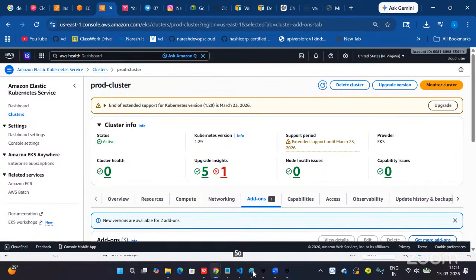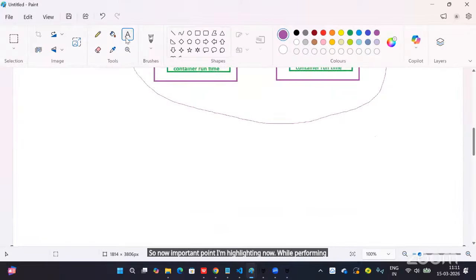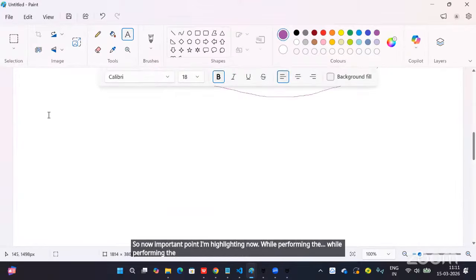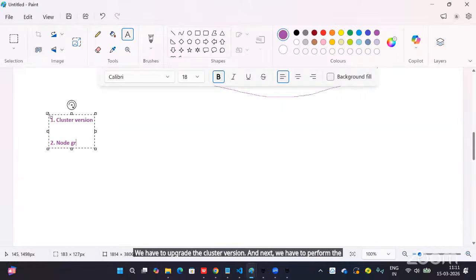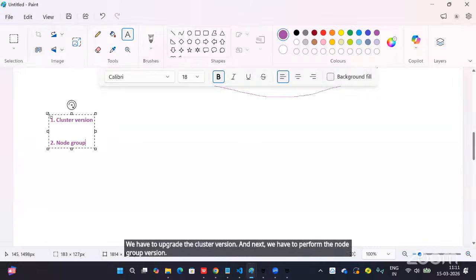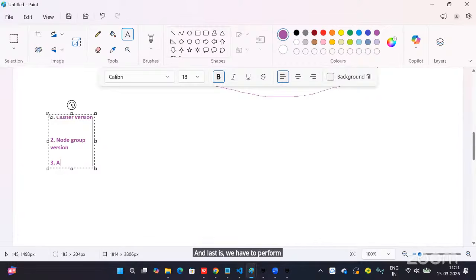Now, an important point I'm highlighting: while performing the upgrade, the first point is we have to upgrade the cluster version. Next, we have to perform the node group version upgrade. And last, we have to upgrade the add-on versions also.